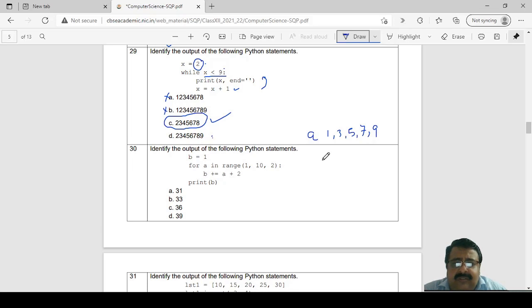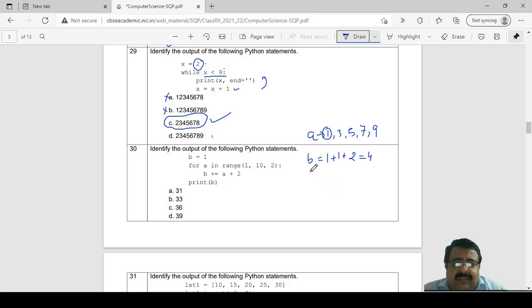These are the values of A. Initially B equal to 1. So B equal to 1 plus A plus 2. So in the first iteration B becomes 4.